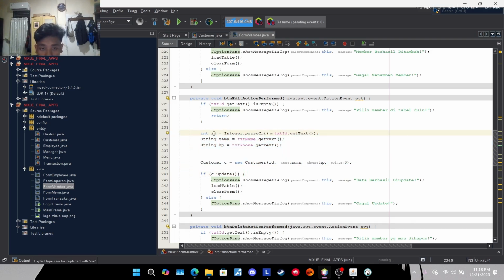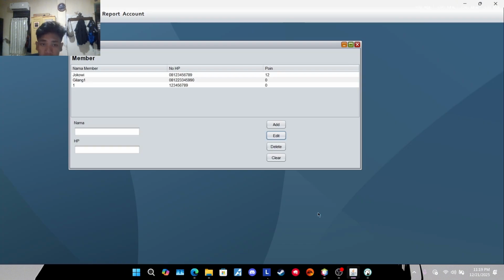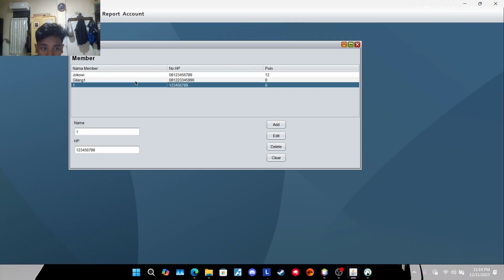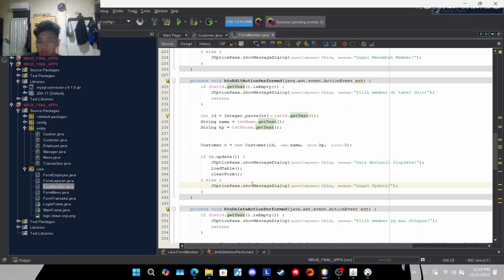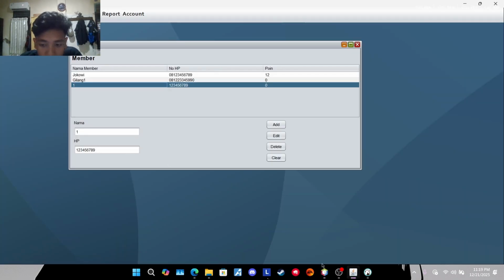So we initialize the ID with Integer parse integer, with the ID text get ID. So we are getting the ID from what we are choosing like this. And showing the nama and HP in the text fields.